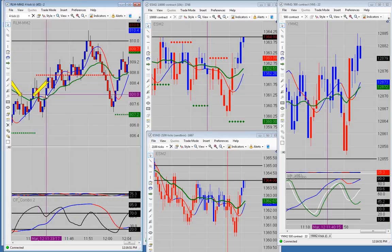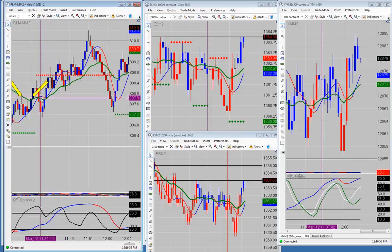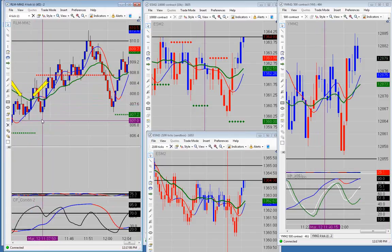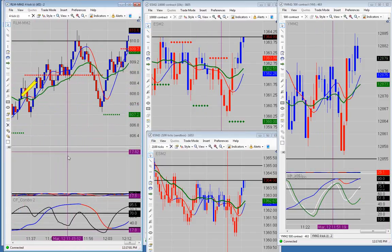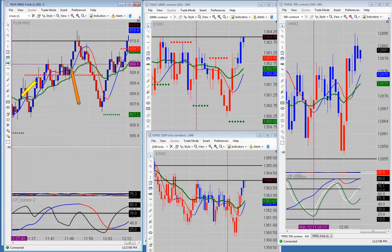All right. Excuse me. As it were, price came down, did that. The MA1 held it. All right, then it moved up, and on the move up, on the other side now, you see this right